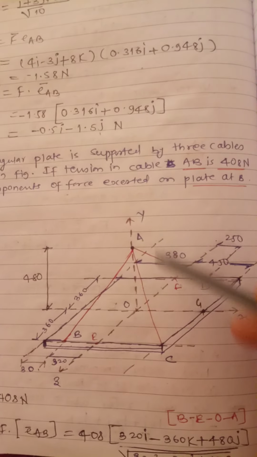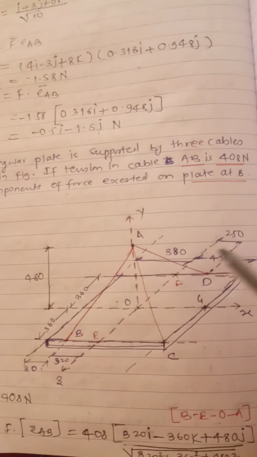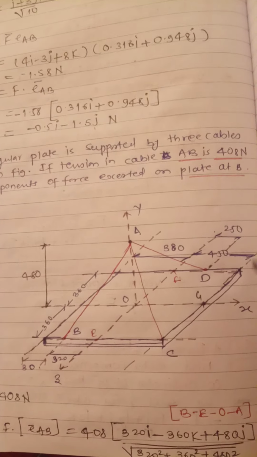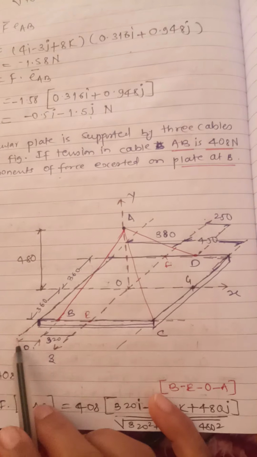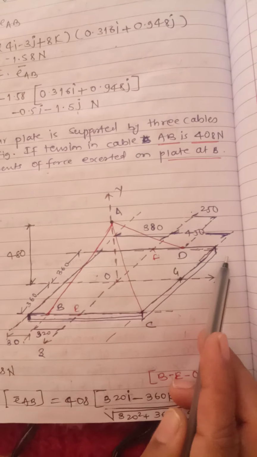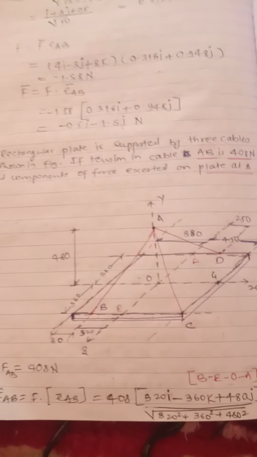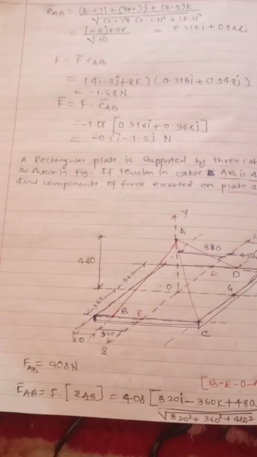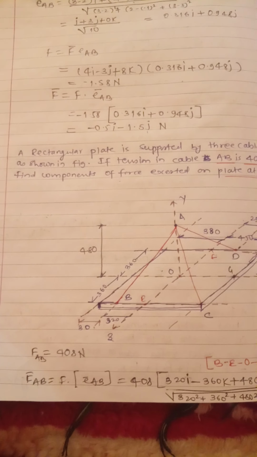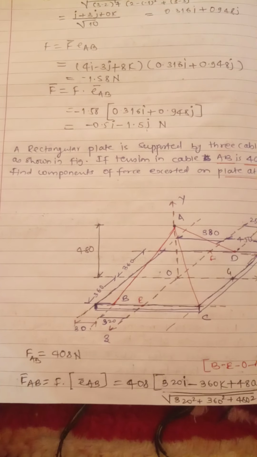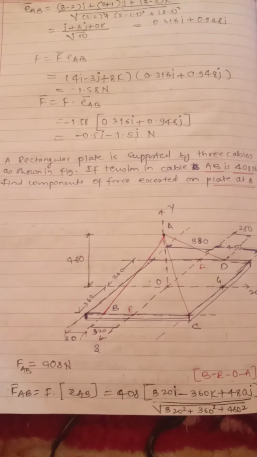Vertical is the Y axis, horizontal is X, and this is another axis whose name is Z. The rectangular plate is like this, whose value in the X direction is 380 in this way and 450 in this way. From the origin, I must say, the vertical distance is 480. Everything is given to you. How are we going to find it? First, FAB is given to us, that is 408. If I want to work out the force vector F, then FAB will be F into EAB.